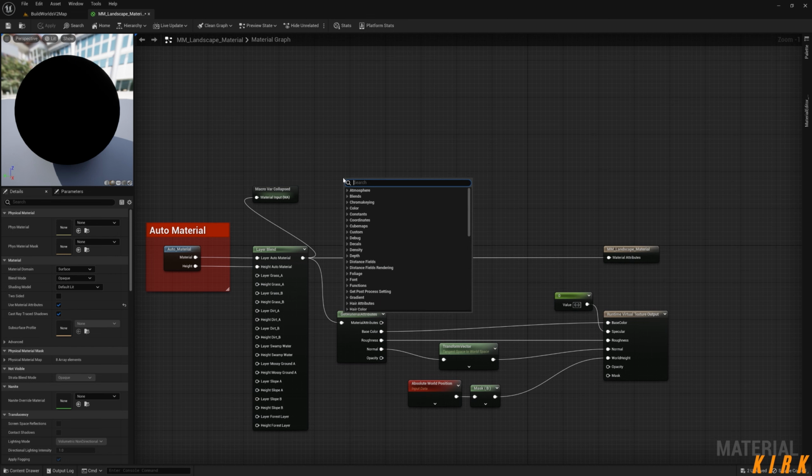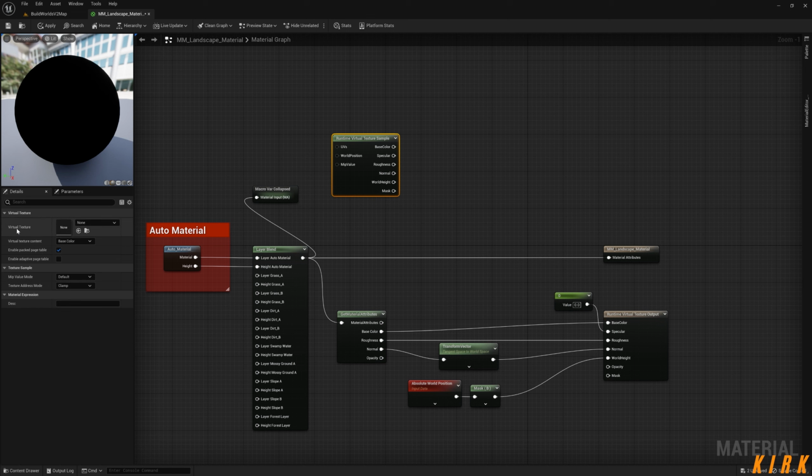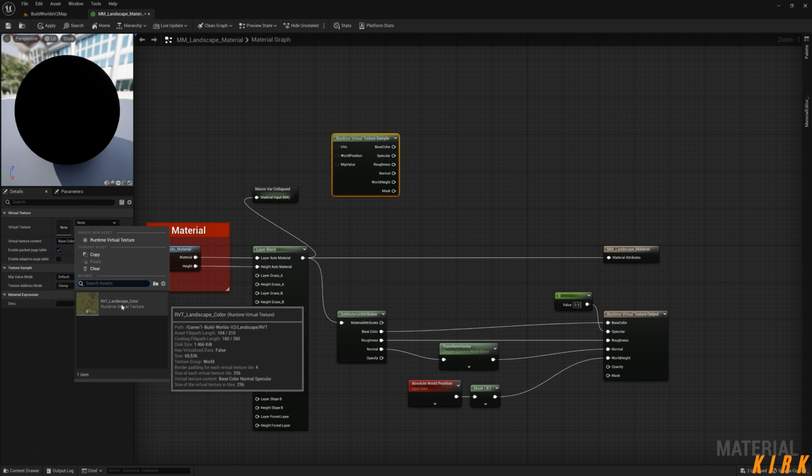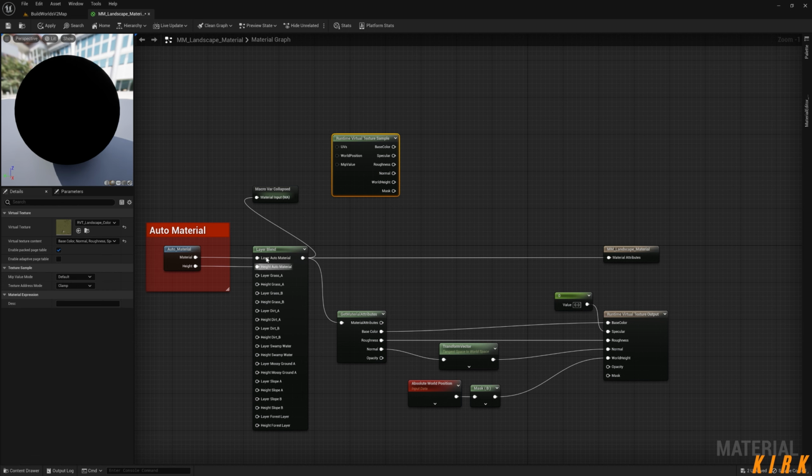If we right click and type runtime, what we need to get is the runtime virtual texture sample, and this node is essentially going to sample our virtual texture. In the details panel on the left hand side, you'll see our virtual texture. If I click the drop down, you'll see our landscape color virtual texture. If we go ahead and click on that,